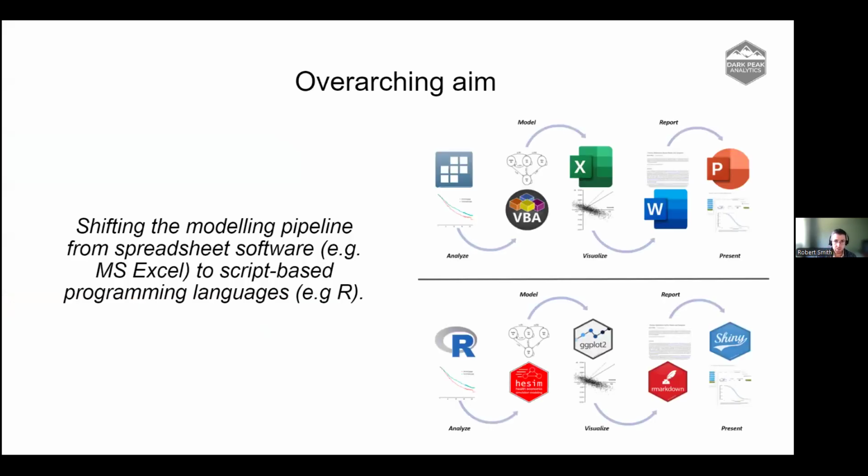The overarching aim and common topic amongst these 4 topics is trying to shift the modeling pipeline for analysis, modeling, and outputs from models to make it easier to update models, more transparent, and more efficient to work with models. So if you think of the current HTA or public health modeling pipeline for a piece of analysis that feeds into a model, at the moment, I think we're generally up on the top diagram here,